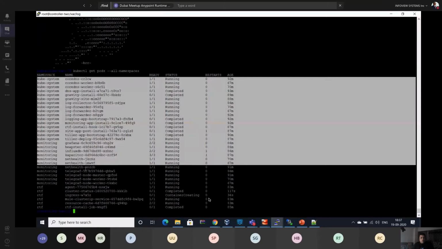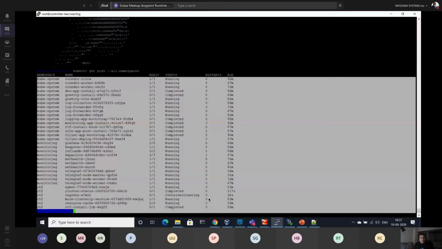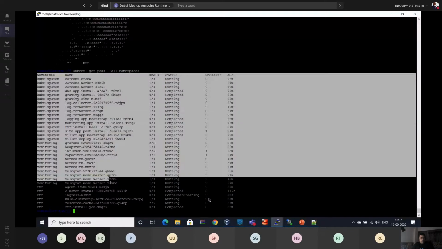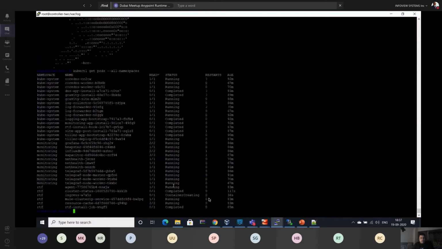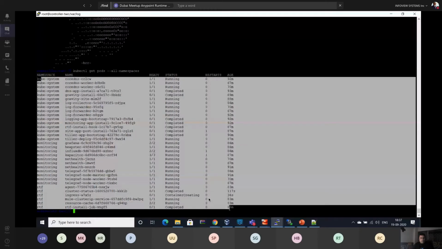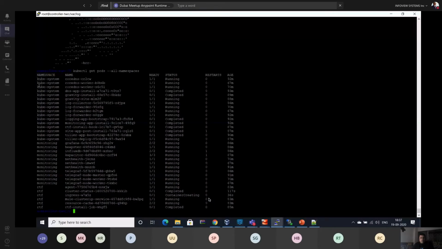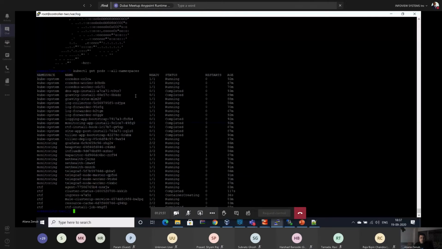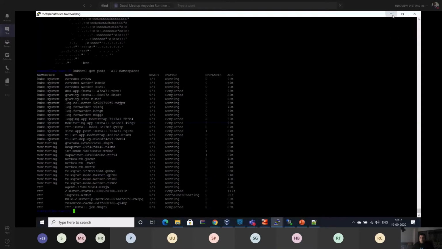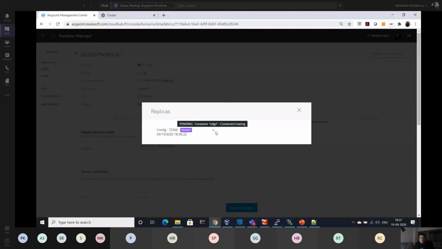You can see these are the pods as we created in our configured or installed runtime fabric. I'll explain this in a later stage, but just check what pod is being created and which is being deployed over here. Let me go and see, let it deploy.